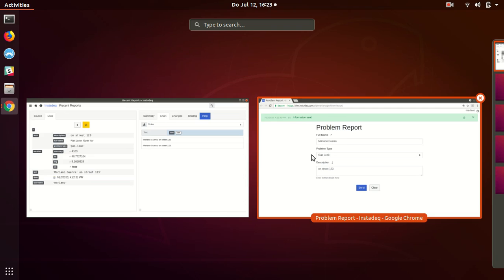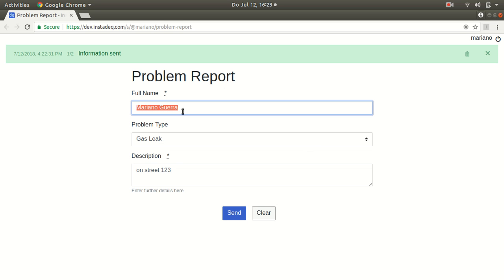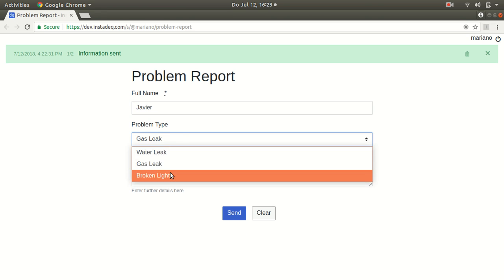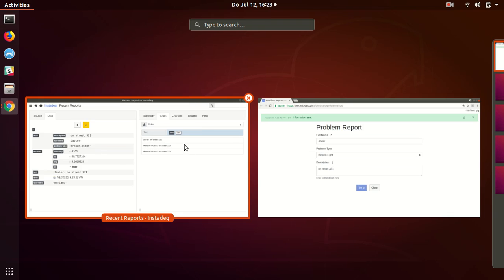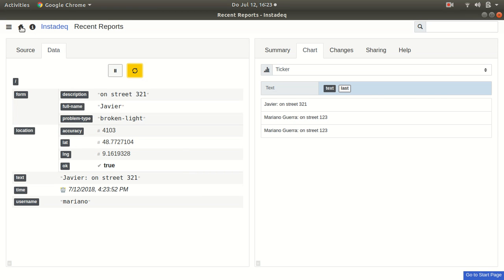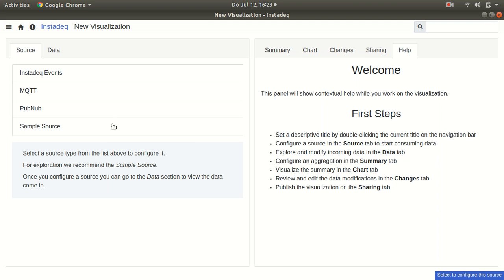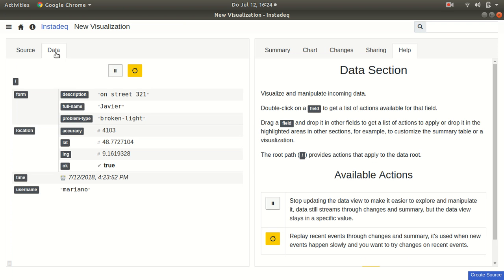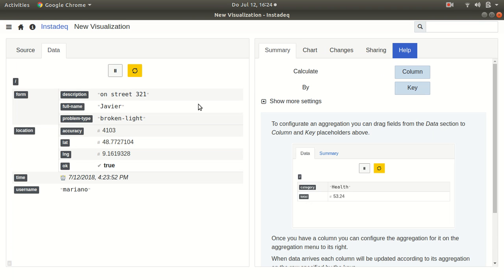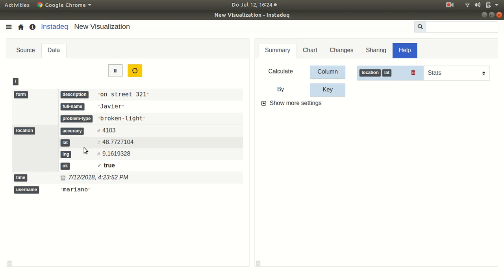Let's do one more. On 3321, and we can see it appears here. Let's use the geolocation. We want to show the last report by user on the location, so we do problem report, topic, 100 events, and we want to do latitude and longitude,